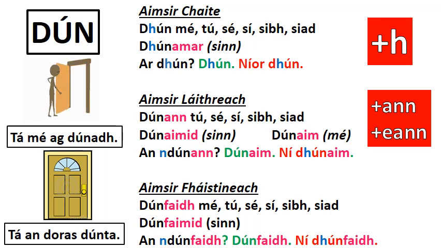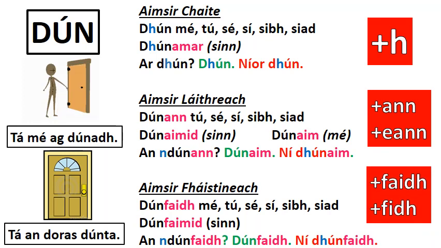So again, the most important thing to remember here is your ending. And we can see there's a slightly different spelling depending on whether it's quail or Lahan. So that's our regular one. Now we're going to have a look at an irregular one and see if you can spot the differences.